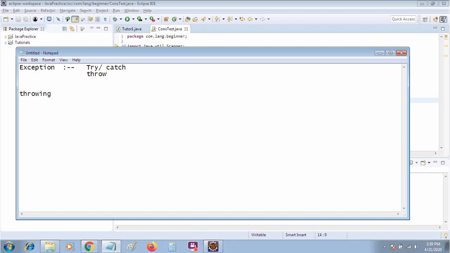Throw is used only a little; much more we will use try and catch and throws. But we must know what throw means and where we will use it. Throw is basically used to send an explicit exception where we surely know that this exception will appear, and we throw it.